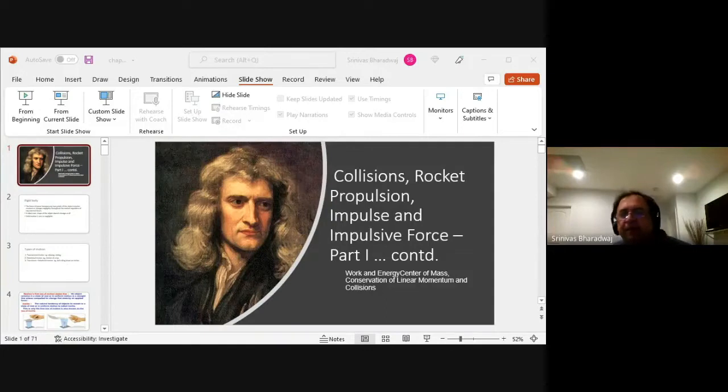Okay, so then you have this impulse caused by an impulsive force, and then you have these ideas. Now there is this thing called center of mass. When you have multiple bodies, let's say you had a missile, a Stinger missile is shot. Some of these missiles go up and then they explode. When they explode, the various parts are pushed in multiple ways. But the forces that act are only between the parts.